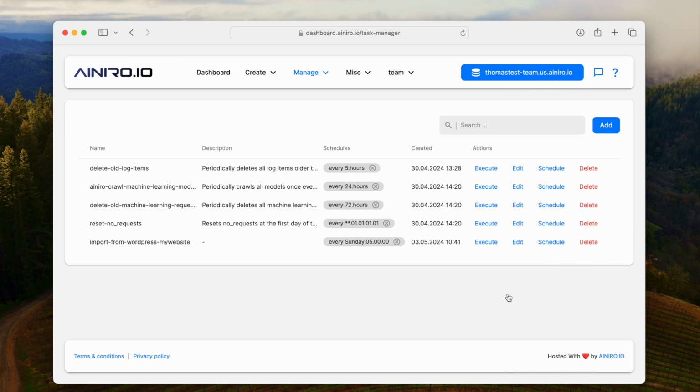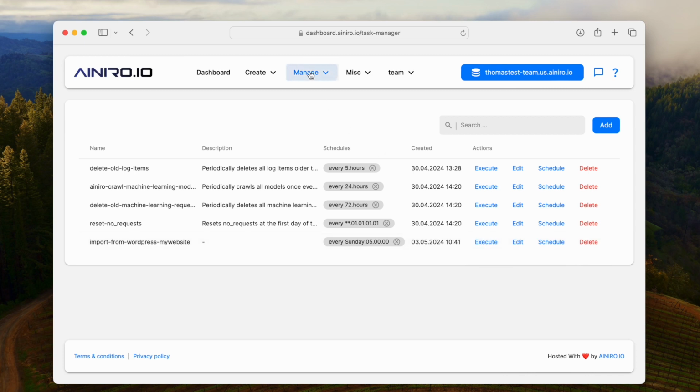What that means is that it's going to get changes and stuff like that from your WordPress using the REST API to WordPress once a week. So if you edit pages, etc., you don't have to go in and change stuff. Then you click Execute. That's pointless for me to do because I don't have mywebsite.com, it's just an example website. But if you click Execute now immediately,